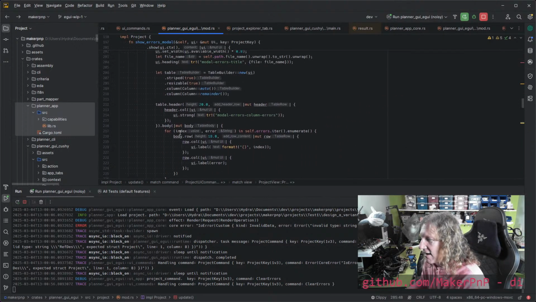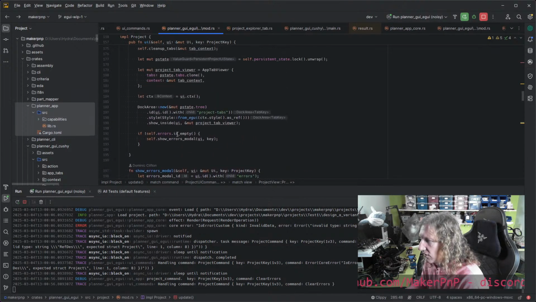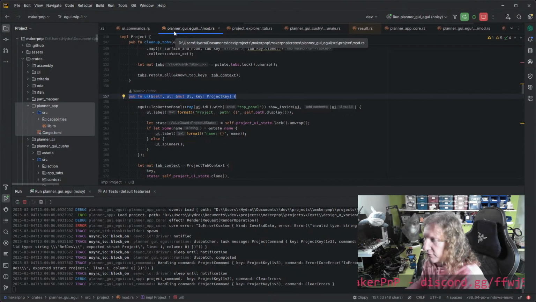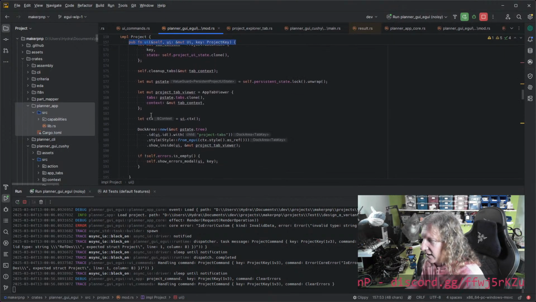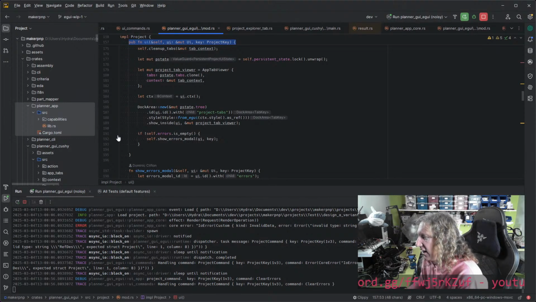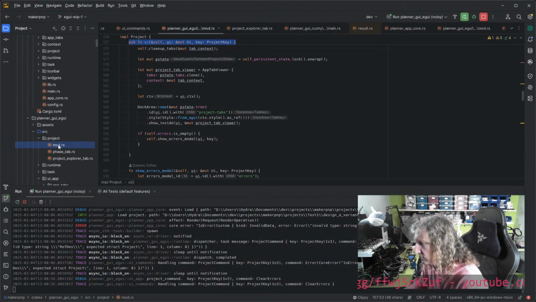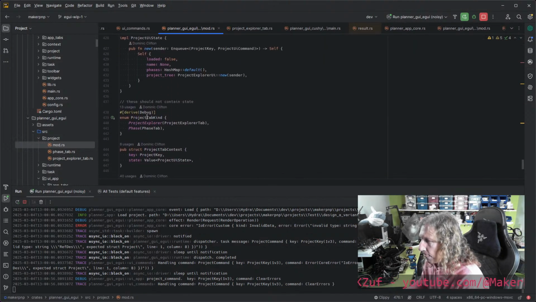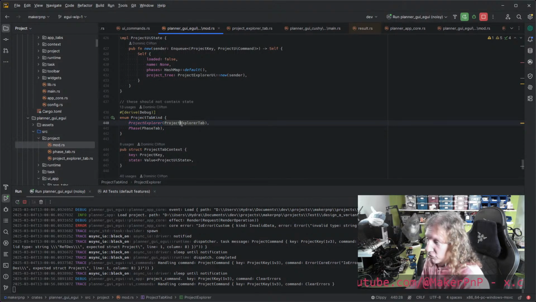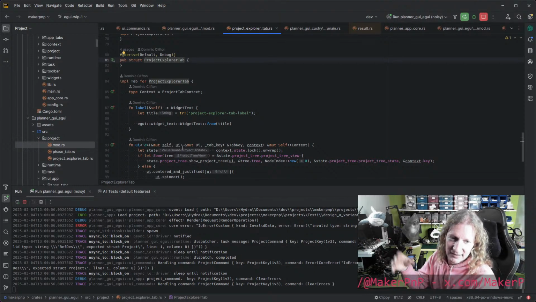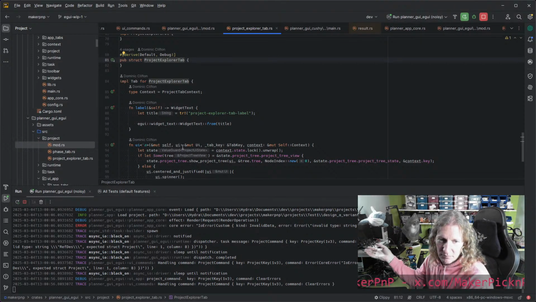So what that means is when we're back in rendering land, which was this in the project, right? We're going, okay, we're rendering tabs. And we're back into tabs again. So the project has got its tabs. And if one of those tabs is a Project Explorer tab kind, which has a Project Explorer tab, then eventually, using the same approach to delegating to tabs that the main app itself had,